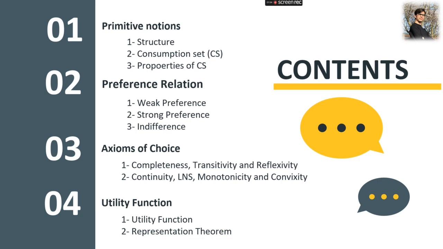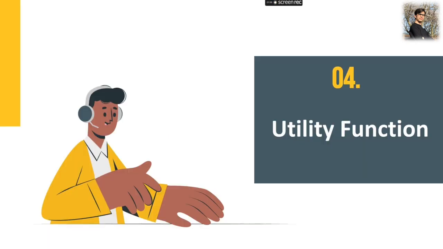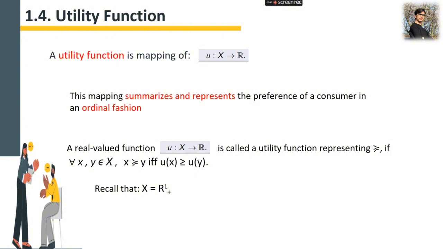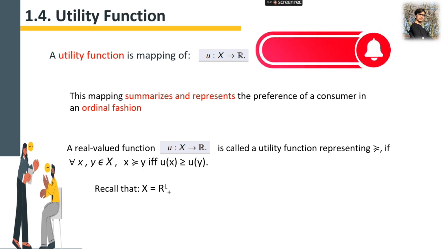So let's jump in. First of all, let's cover utility function. What is a utility function and what can it cover? As a very easy definition, a utility function is a mapping of the consumption set into real numbers. And this mapping summarizes and represents the preference of a consumer in an ordinal fashion. Or, in another way, we can define it like this: a real valued function u that maps from the consumption set to real numbers is called the utility function representing preference relation ≿ if, for every x and y bundles in the consumption set,